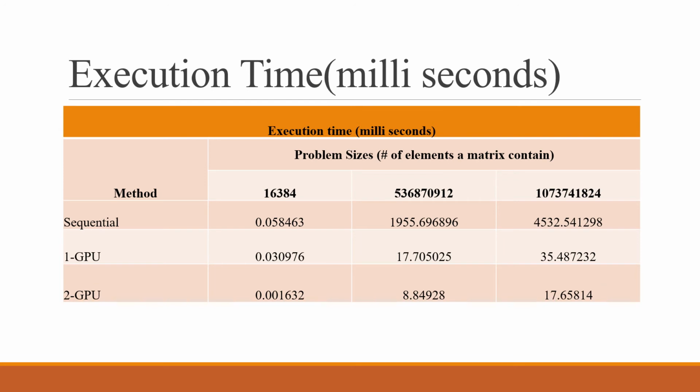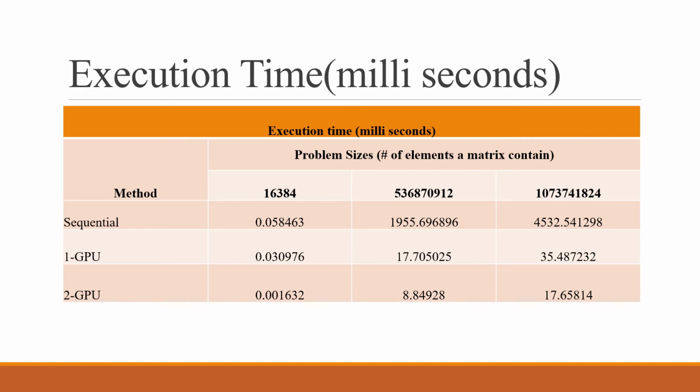For execution time, which is computed in milliseconds, for three problem sizes and three versions, you will see that when I go to the largest dataset, the sequential program took 4532 milliseconds. But from 4532 milliseconds, when I come to the 1 GPU implementation, it took only 35 milliseconds. This is the execution time taken